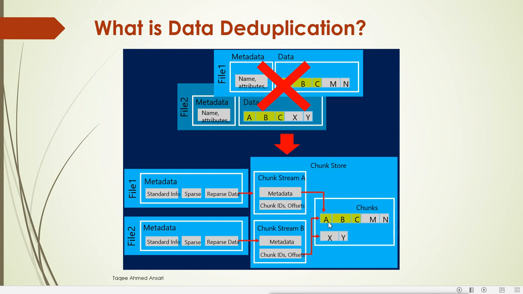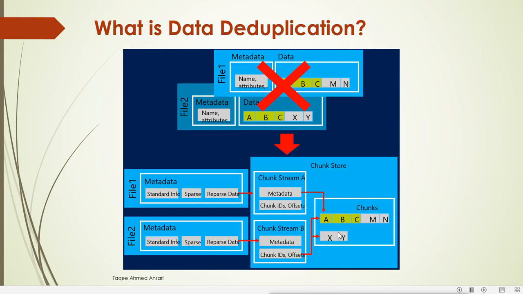The same ABC remains, and the ABC in the other file is removed. It only keeps the reference that this ABC is also there with this XY.